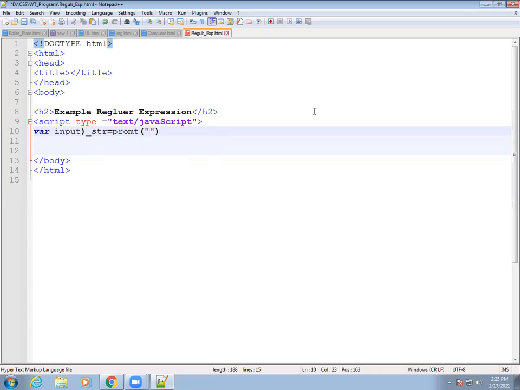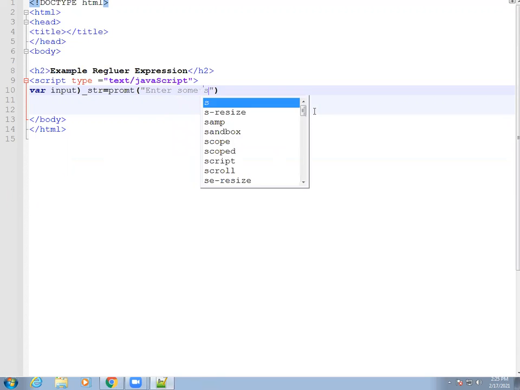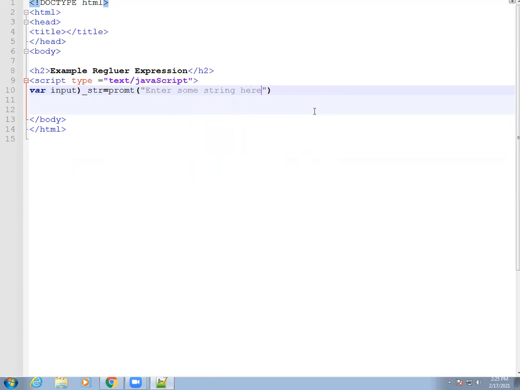In the prompt function we will write the statement: enter some string here. Now semicolon and enter. I did some mistake here. So the first variable we write here is input string equal to prompt enter some string.